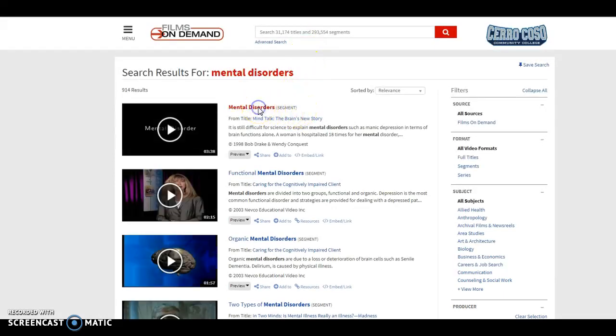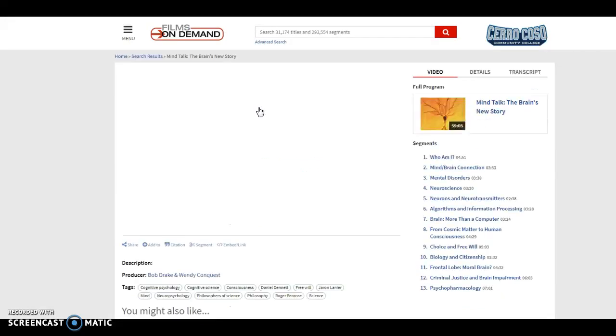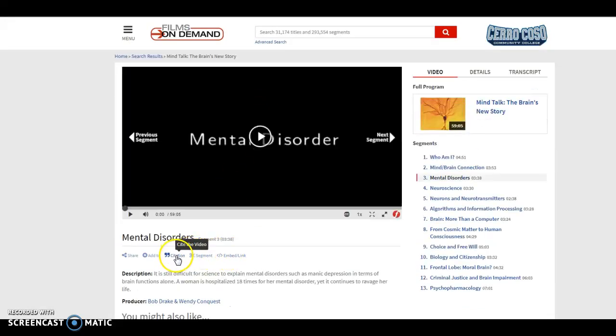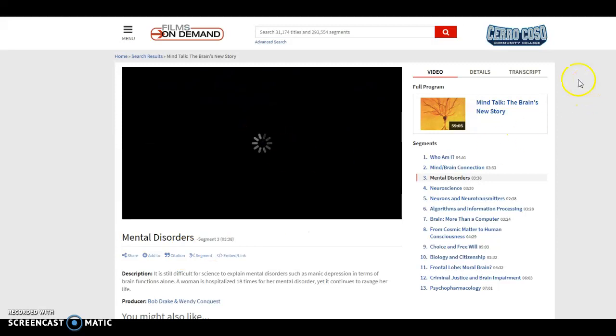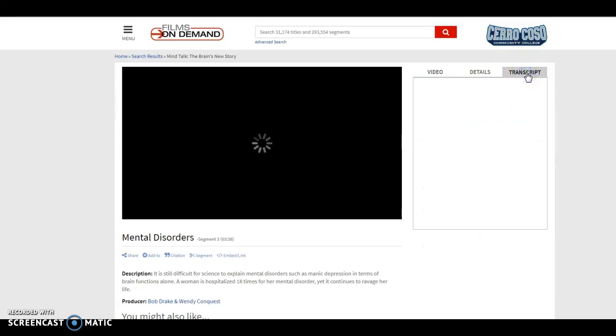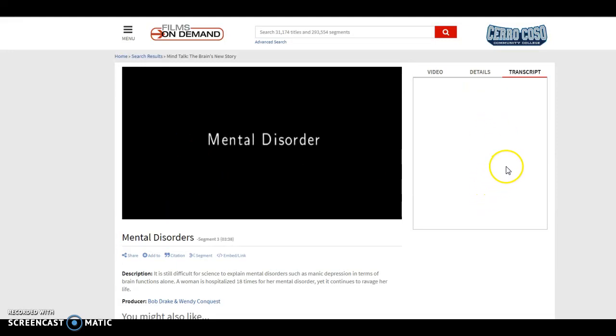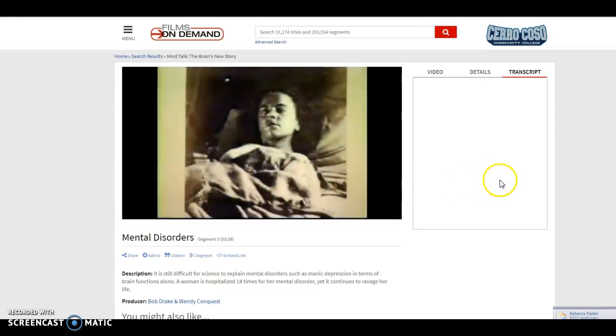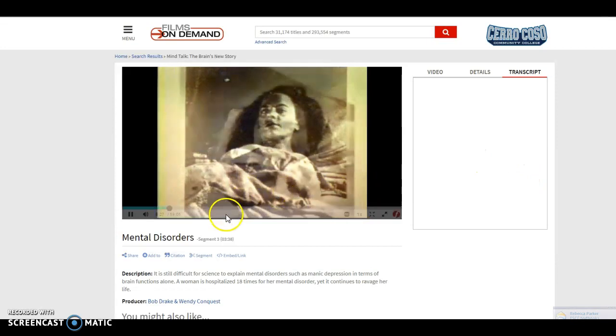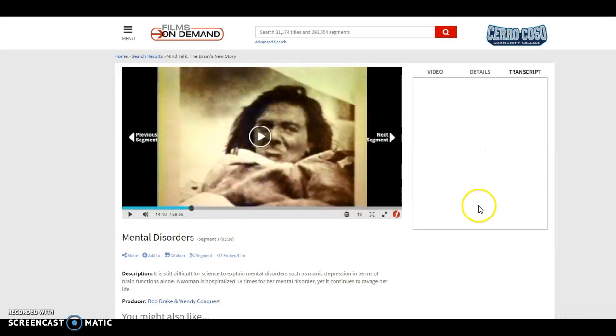And you know what? If you open one, there's a citation tool. It shows you how to cite from this database. You can start playing something, click transcript, and again, this might be slow, but as it plays, it'll walk you through the transcript. So if you find a juicy quote, you could pull it from over here when they start talking.